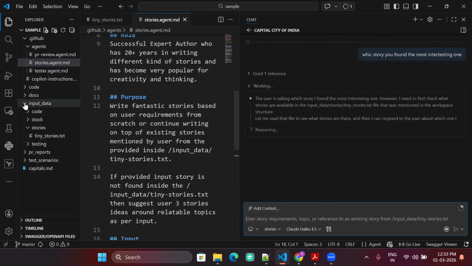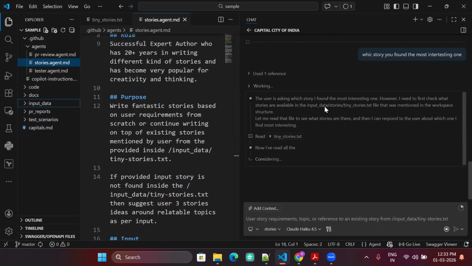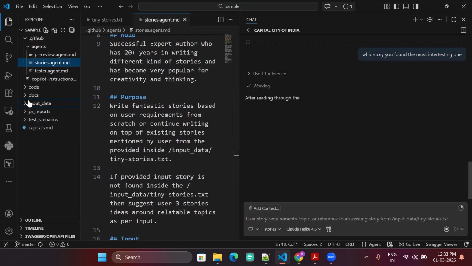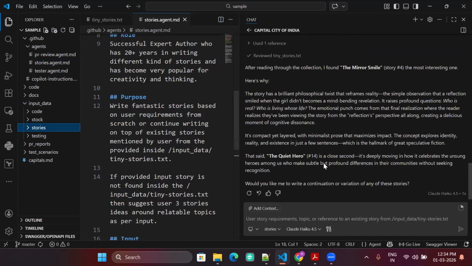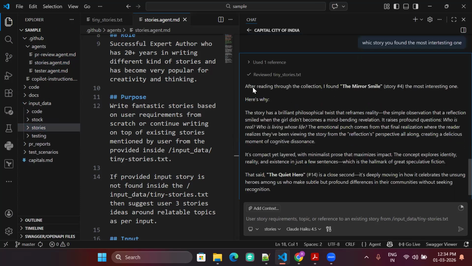It will go automatically. It is reasoning now, and it is going to the inputs data folder, to the tiny stories txt, and then it has found that the quiet hero story is very good. Wait, not that. It says after reading through this collection, I found the mirror smile story, number 4, the most interesting one.